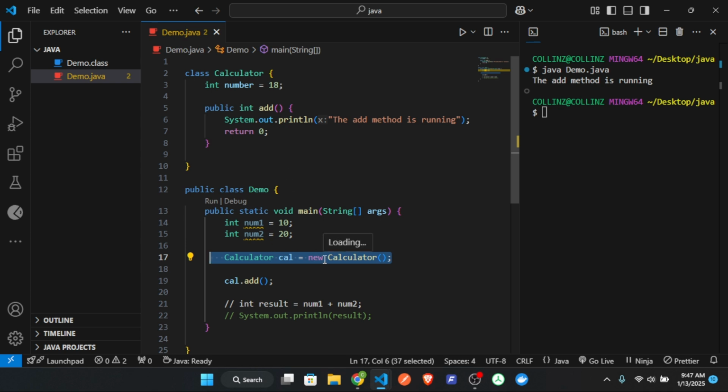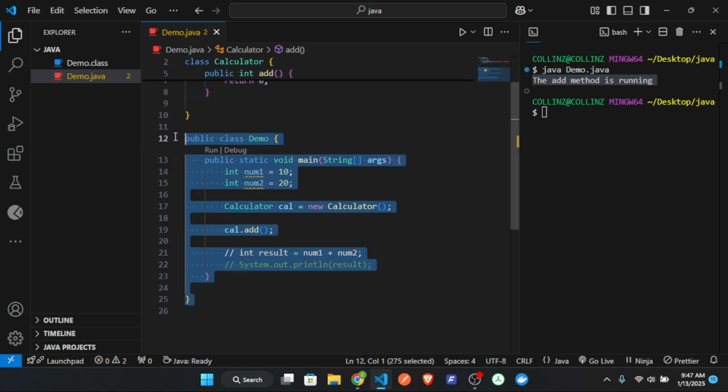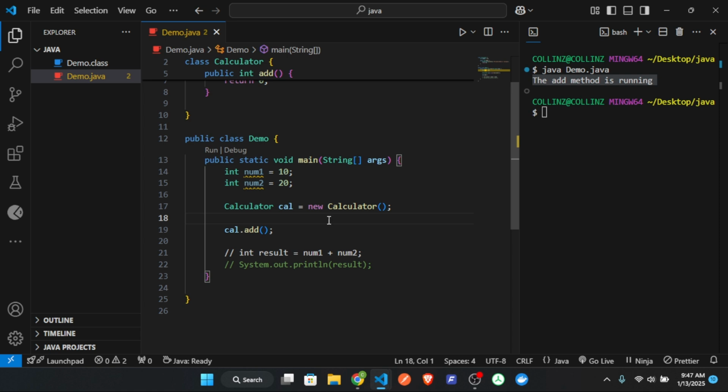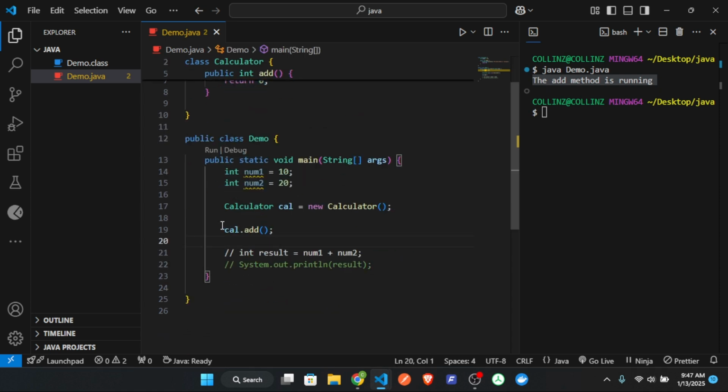Dot is like moving inside and accessing the value that you want. Cal dot add. This is the add method. And after running very well, you can see that I'm successfully running the add method inside my main method in this case. So what if I want to also see the return, meaning I can save this into a variable,